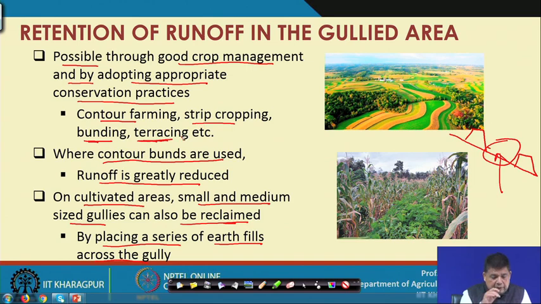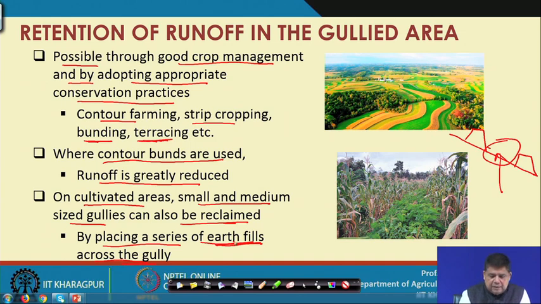If we cannot go for any of these measures, then at least by placing a series of earth fields across the gully. These earth fields, if placed across the gully, will act like contour bunds or a dam in the gully itself, and that means whatever water is there in between 2 of these earth fields will be conserved. Also, these earth fields will cut the slope length. Also, they will regulate the flow of water. So, because of that also